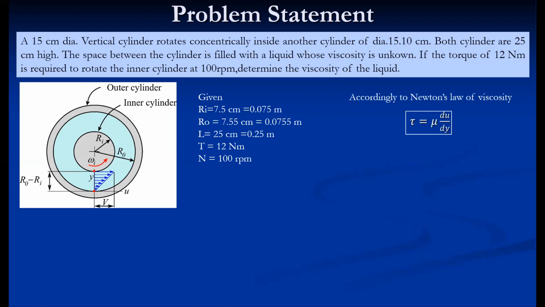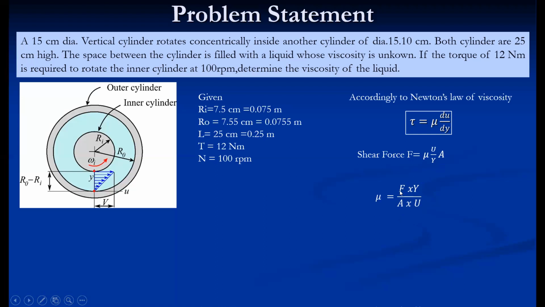So according to Newton's law of viscosity, we have tau is equal to mu into du by dy. But again, we require the integral form. So shear force F is equal to mu into u A by y, because torque is related with force. So first of all, we'll calculate the force. Because we have to calculate mu, the mu expression in terms of F is F into y divided by A into u. But in this expression, F is unknown.